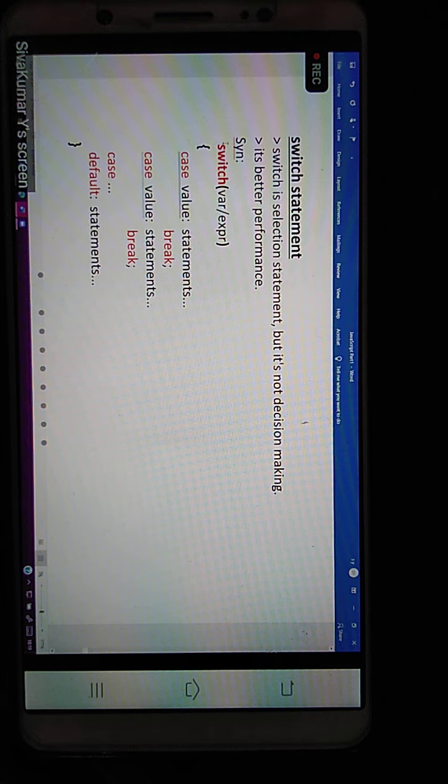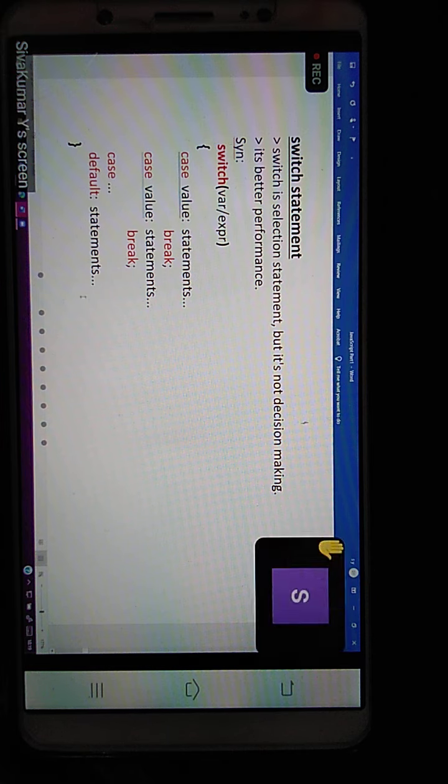Except that, we don't have any special guidelines or conditions here. Compared to other languages, we have so many rules and regulations while working with switch. Some data types are supported, some are not; some conditions supported, some not; some rules and regulations are available in other languages.